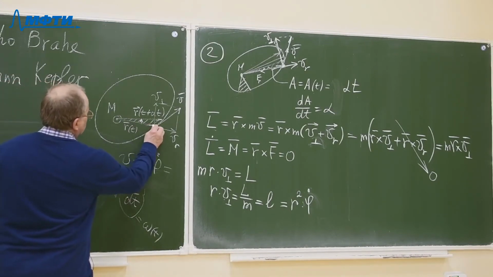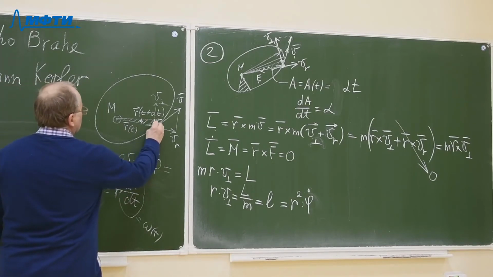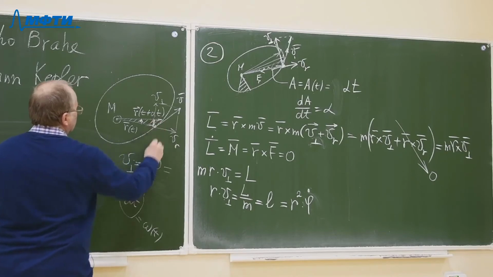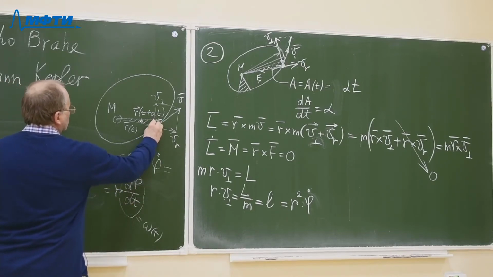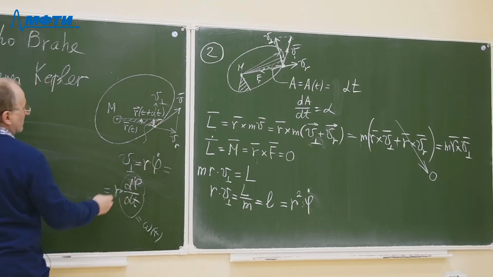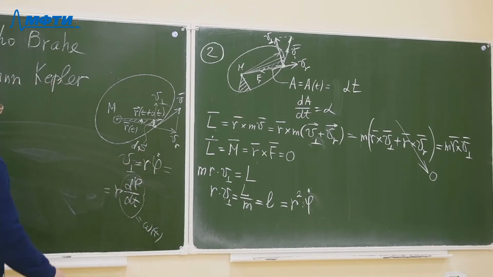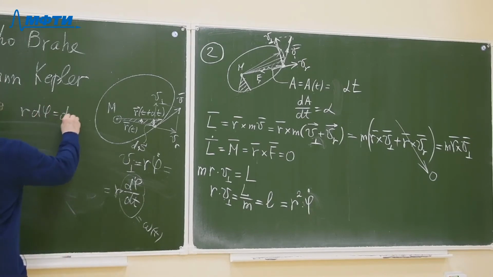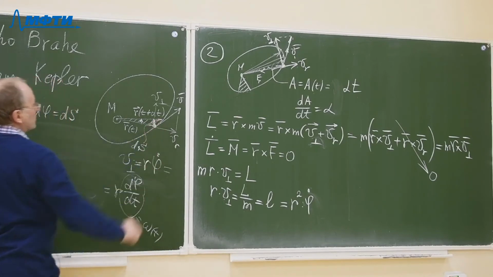Radius vector times small increment in angle. That will be, by definition of angle, the length of this section. Let's denote it by, say, S, ds. So radius times d phi is ds, the small section which is shown here,